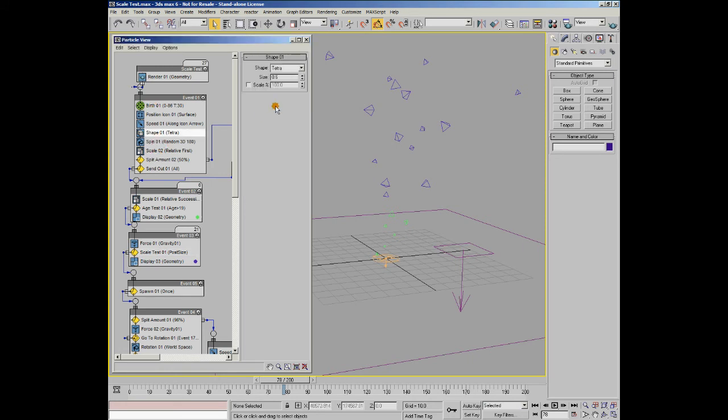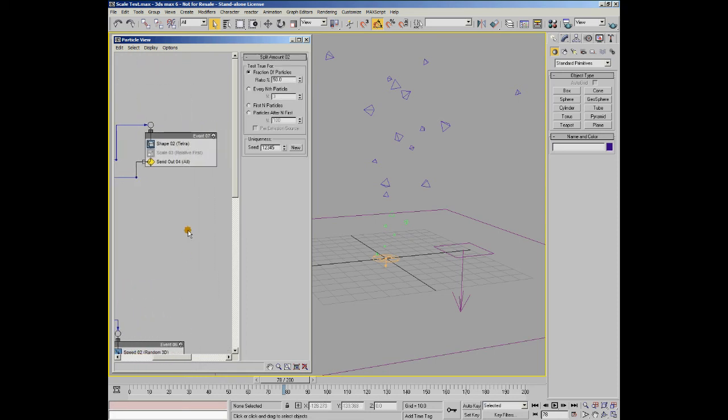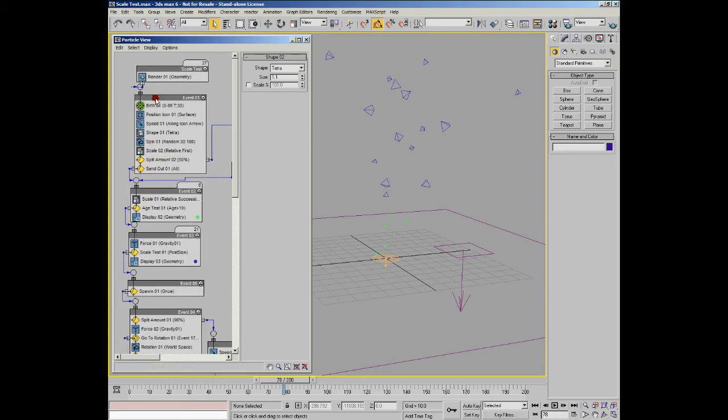They're given a shape here, which is a tetra shape, which is 0.6. Then we split off 50% of the particles, which is using the split amount test, which we'll come to later. And they get sent into this event where there is a new shape operator which overrides the original one, and it assigns another tetra, but this time with a size of 1.1. Then we send out the particles back into this event, so now all our particles end up back in here, and 50% of the particles in here have a size of 1.1, and the other 50% have a size of 0.6. Then we do an age test of 19, and then we send our particles on to the next